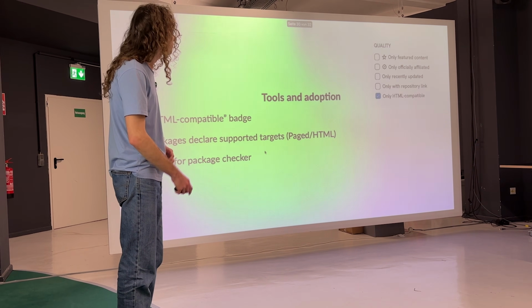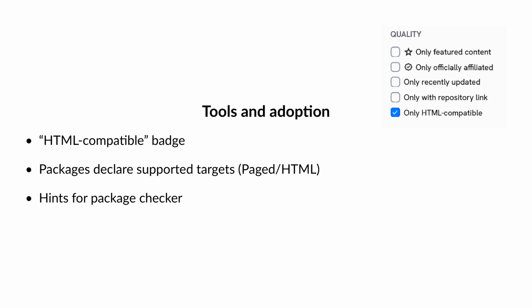So one idea is, I don't know if you've seen this section in the Typst universe. You can filter for packages in this quality section. Maybe there could be an HTML compatible badge. For once, this would allow users to filter for packages where the author thought about HTML export. But also this will motivate authors, because they will want the package to show up with these filters, right? We want this badge. However, this might be very hard to evaluate,